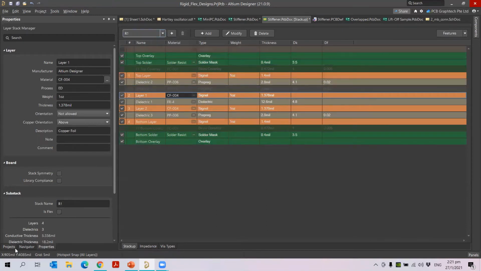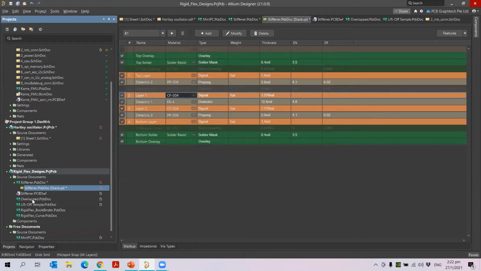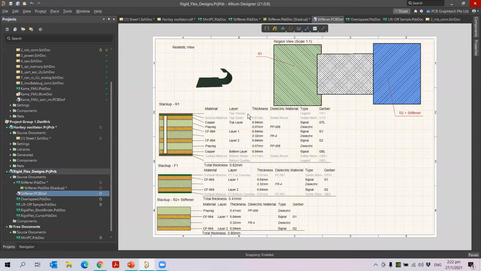Okay, so now we will go for the next example I want to show you. Once we have done this, we can go for this, Draftsman. When you have the layer stack-up, we can show your colleagues or your manufacturer the build-up of your layer stack-up, like R1, F1. And if you are using a stiffener, you want to show that material to the manufacturer, you can place the layer stacks individually so that all the properties of the layer stack are visible to them. As documentation, they will know more details about your board.